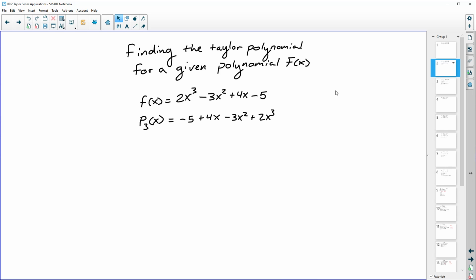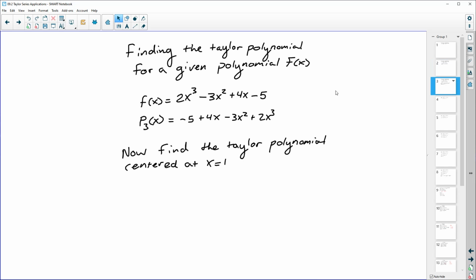What we would like to show is that you can write a function centered around any point, and that is where Taylor polynomials come into play. Now what we want to do is find a Taylor polynomial for f of x centered around x equals 1. That's going to help us take that approximation near 1 instead of near 0. To do this,